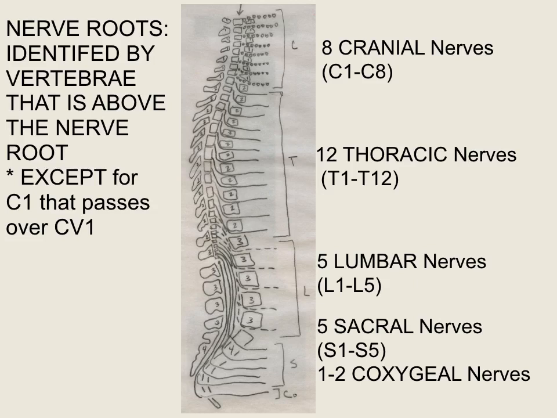If it comes from the coccygeal region, we refer to them as the coccygeal nerves, and there are 2 coccygeals. The number of nerves, except for the cervical region, is an indication of the number of vertebrae within that. The nerve itself is going to pass